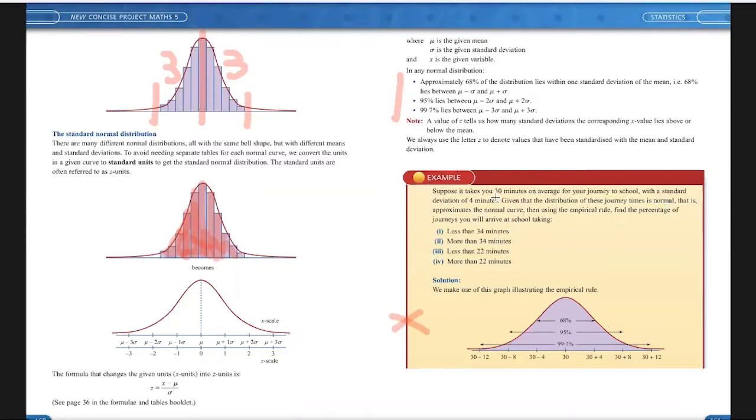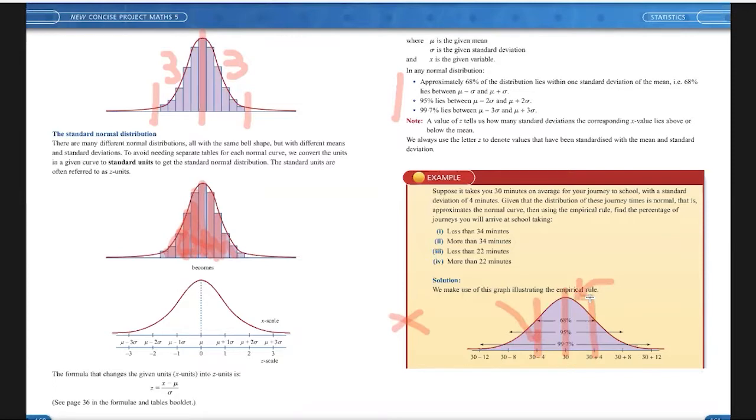Okay, so you have to look at the mean, which is 30, and you have to look at the standard deviation. Okay, so 30 is bang on there in the center. You go up 1 standard deviation, okay, and you are at 34 minutes. Okay, so the percentage of journeys is as follows. It's the easiest way to explain it. So between these two here